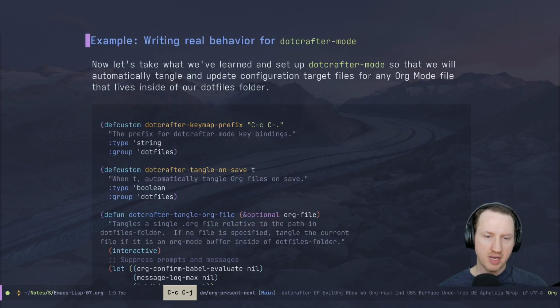All right, so now let's look at our final example, which is writing real behavior for dotcrafter mode. So we're going to take what we've learned so far in this episode and set up dotcrafter mode so that we will automatically tangle and update configuration target files for any org mode file that lives inside of our .files folder. So basically the idea is that whenever you turn on dotcrafter mode, it's going to set up some hooks so that whenever you edit an org file that we know about, that we basically said this org file is a configuration file in our .files folder,